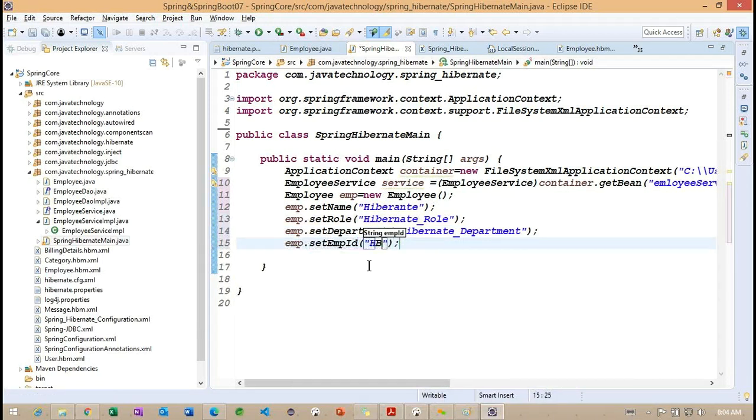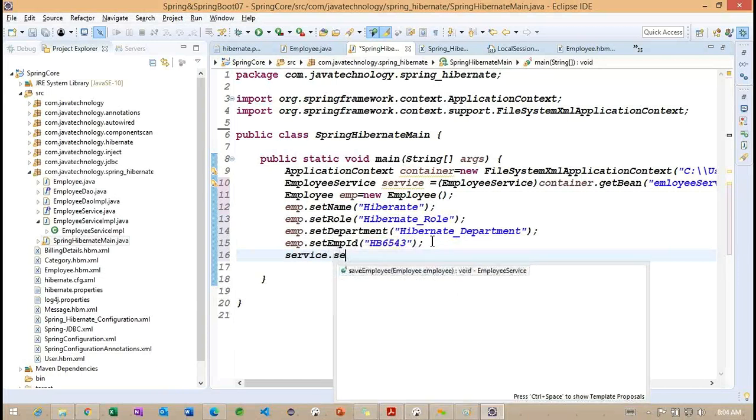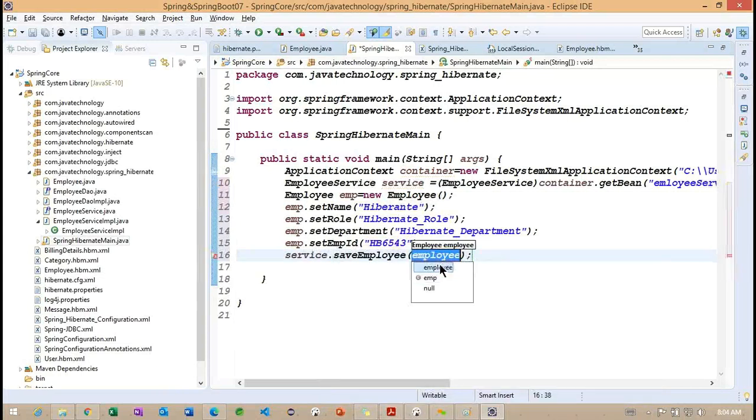Employee ID, something called HB underscore 6543. Okay, 6543, and service.saveEmployee.